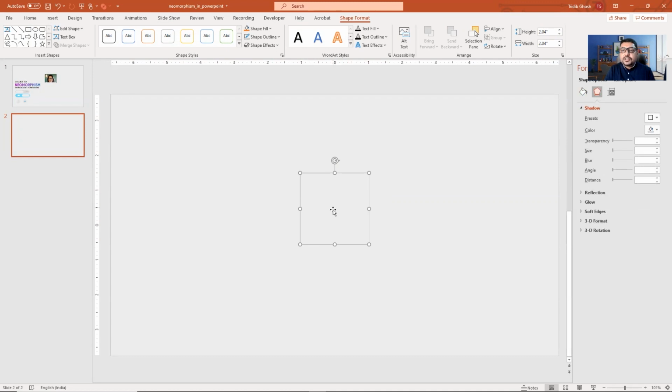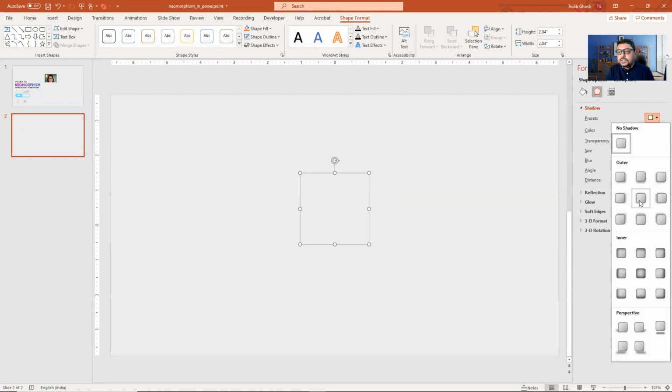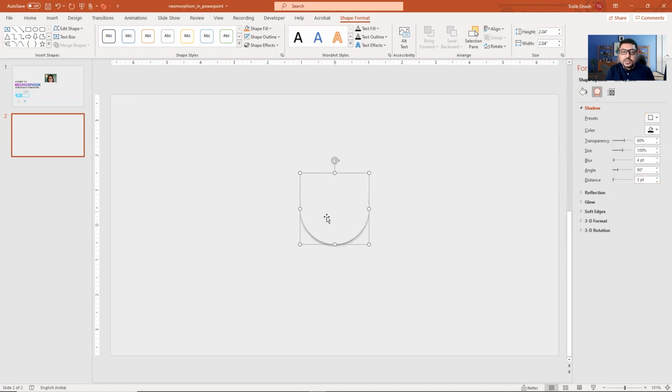The first thing that you have to give is a shadow. You can go for a predefined shadow, you can take this one. The shadow is exactly 90° to this shape. What I will do, I will change it to 45. Distance I will keep around 12. Blur value I will keep around 20. I think that's enough. And transparency value around 70-80. It's good. Size I will reduce a bit.